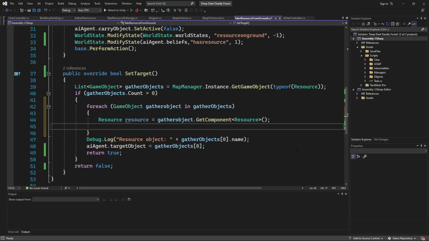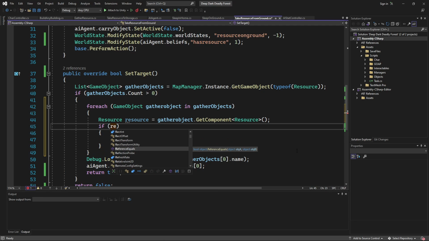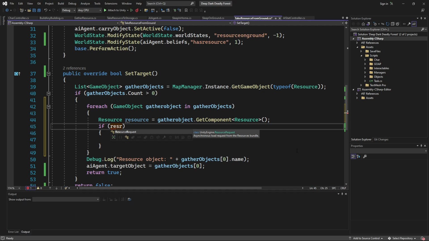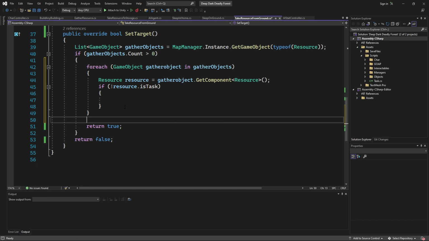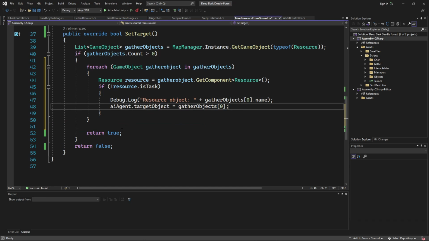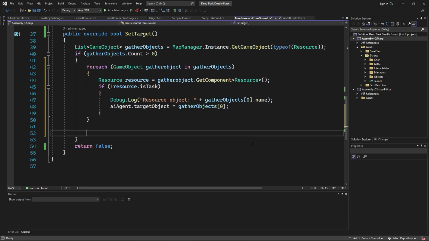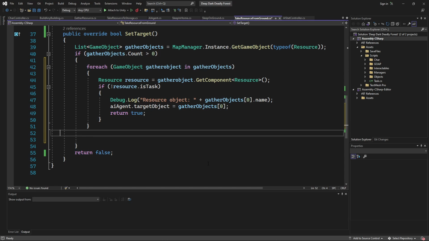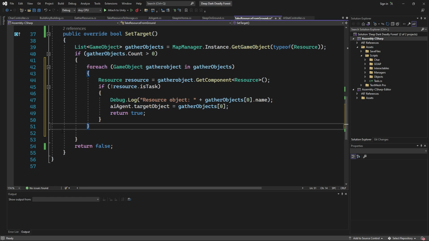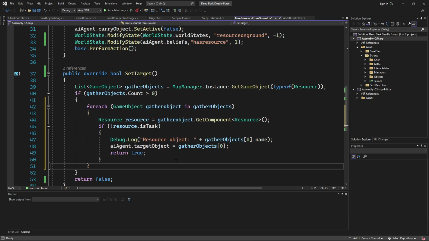And then here we're going to say if resource that is task. If it's not that, then we do this, and we'll return true. Okay, and if it goes through everything and it can't find a resource, it'll return false.